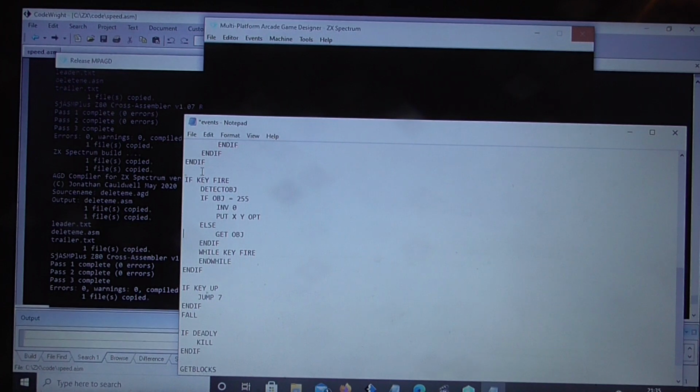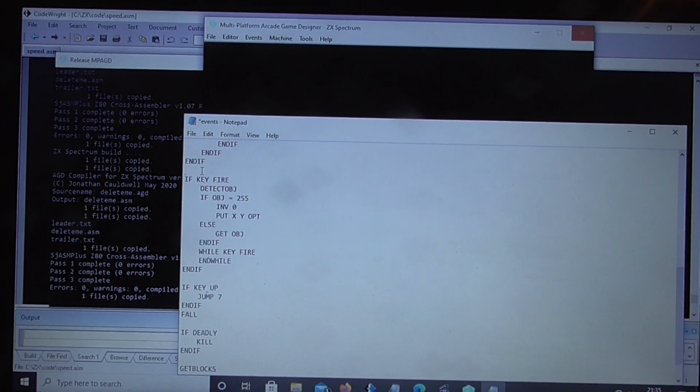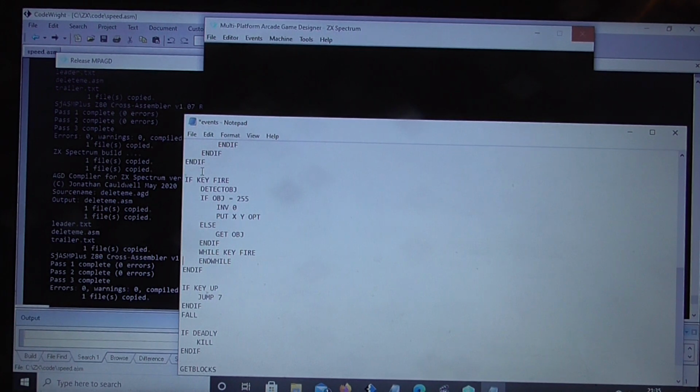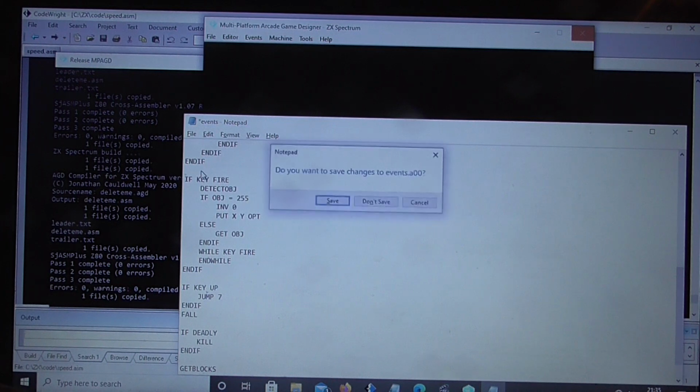Else, well, an object was detected, so I just put a get obj in there so that the player will pick up an object if he presses the fire button when he's standing over one. Then I've got a little debounce in there to stop the fire automatically bringing up the menu every time we pick up an object. And that's all we should need. So if we come out of that